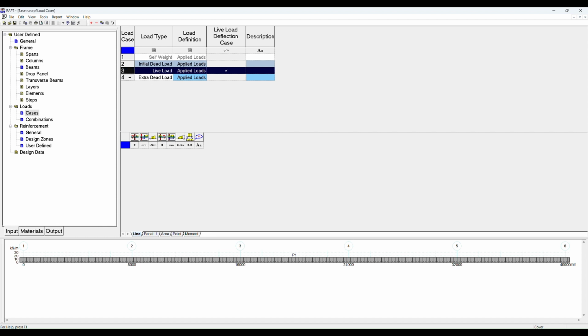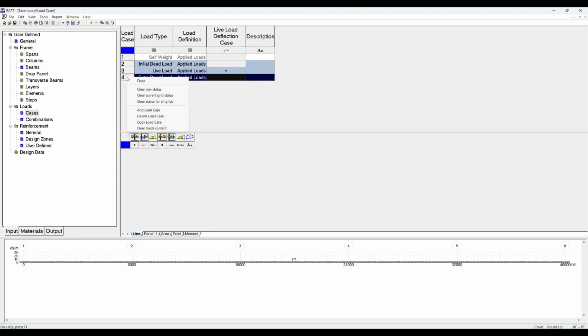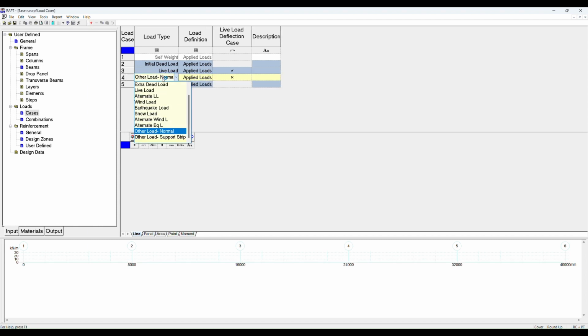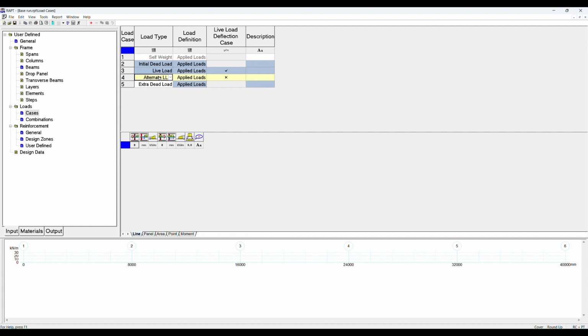The reason for that is because we can add another load case. We right-click anywhere on this here and click Add Load Case, or we can click the plus button up here. We add a load case and we can select what load case we want. And RAPT allows you to add in an alternate live load. An alternate live load is another live load case that is used in combination with the self-weight and dead load SDLs to form a ULS